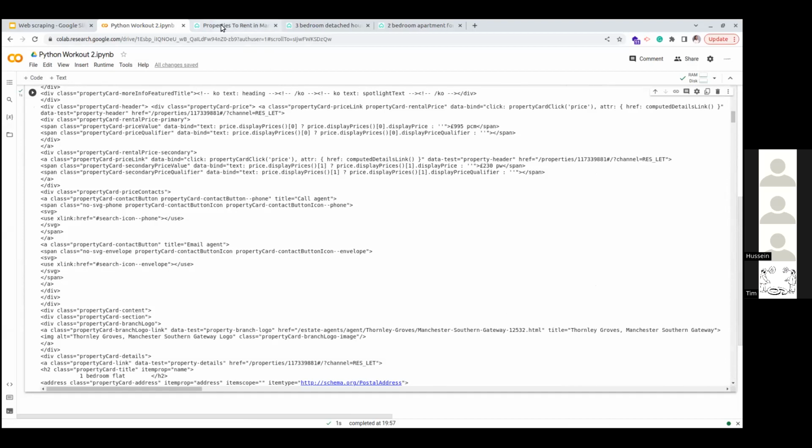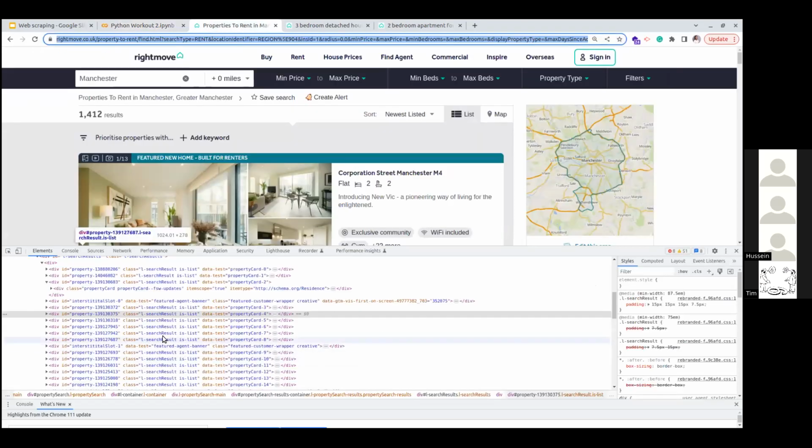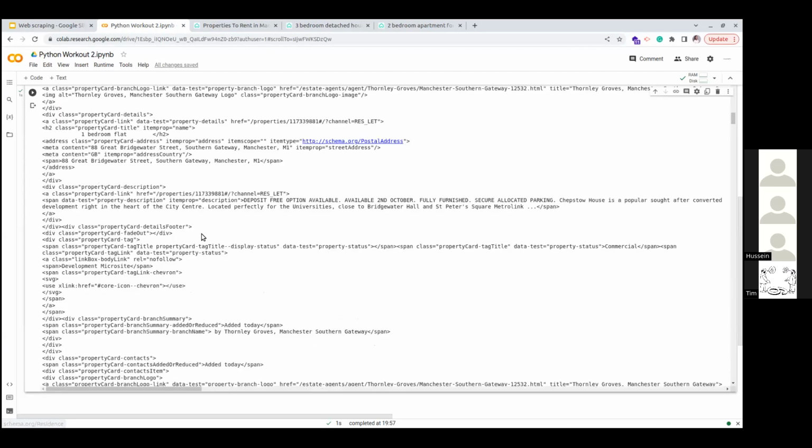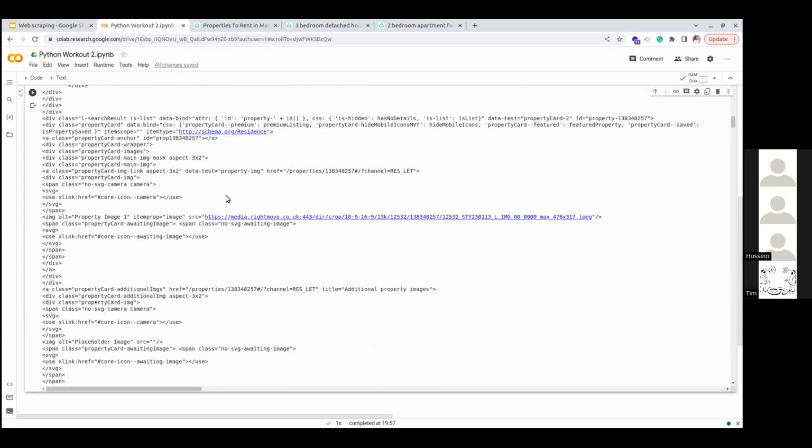The best way is to start from the web page. Study the web page first. That's the best way to save your time. If you don't study the web page and you want to figure it out from the soup, you waste a lot of time doing that. So it's from the web page that you can actually know what you're looking for.